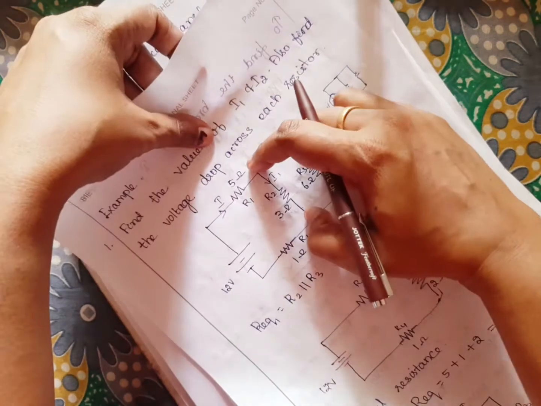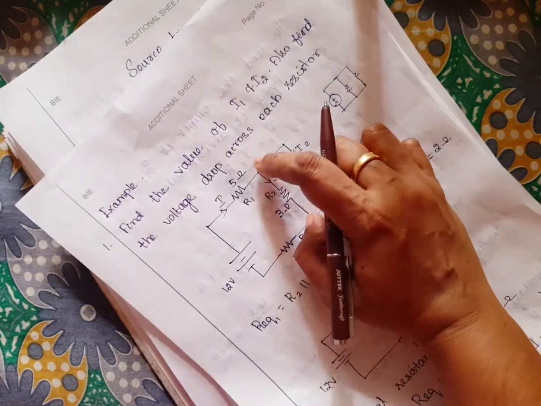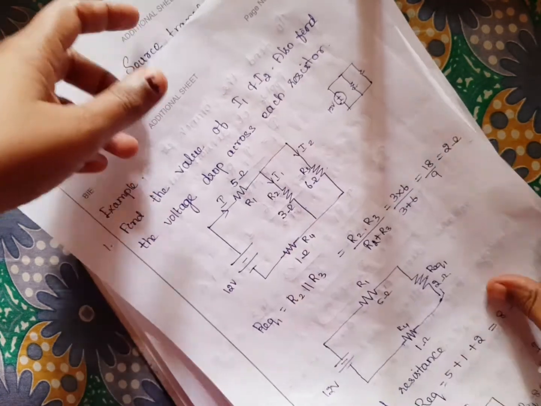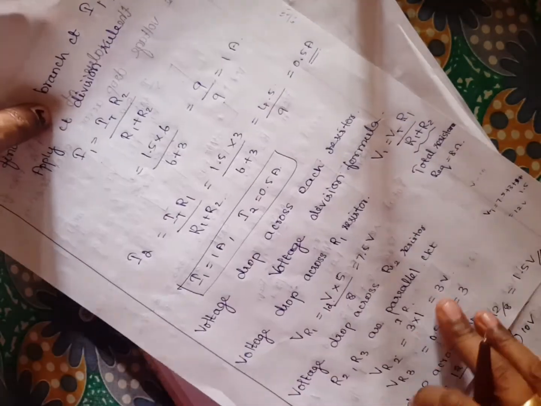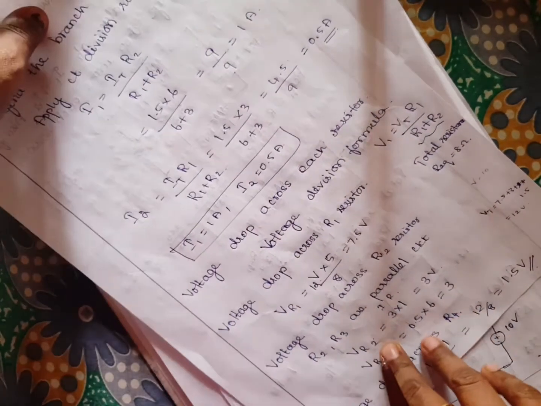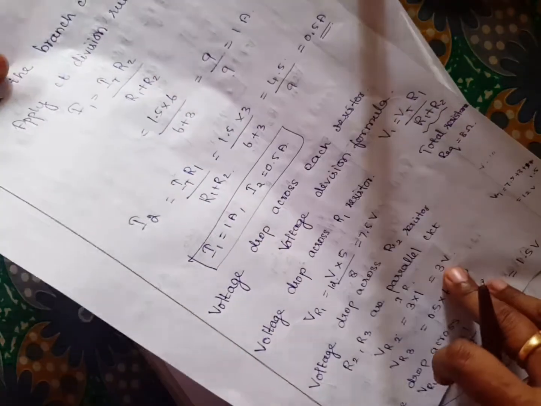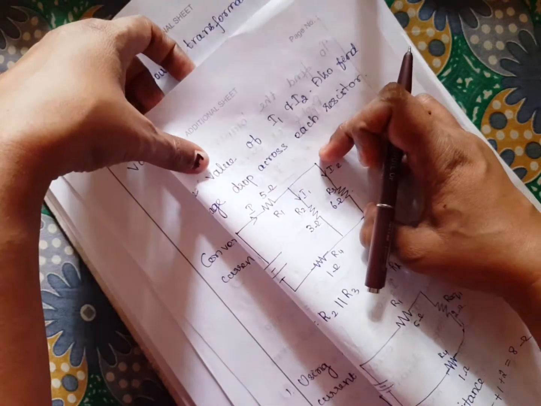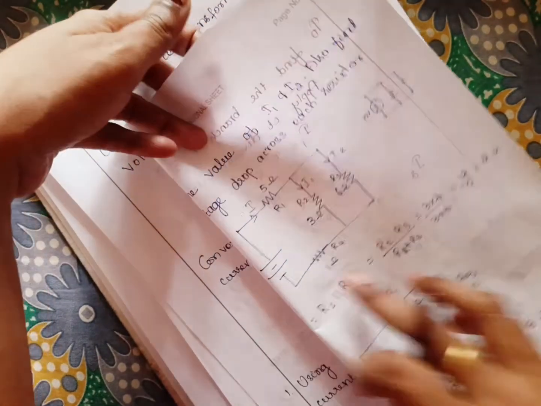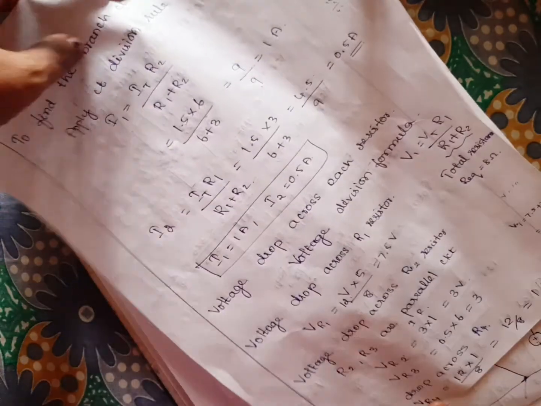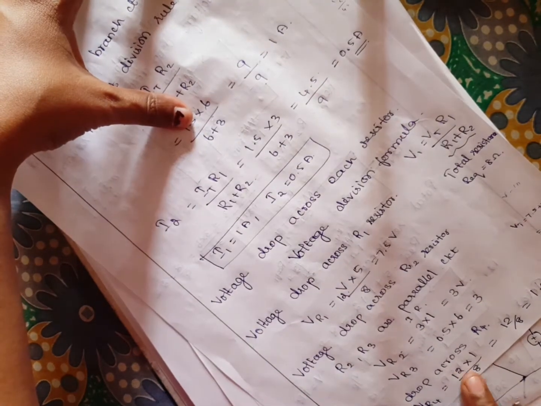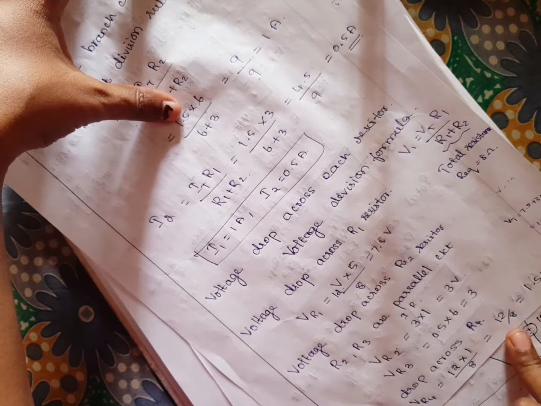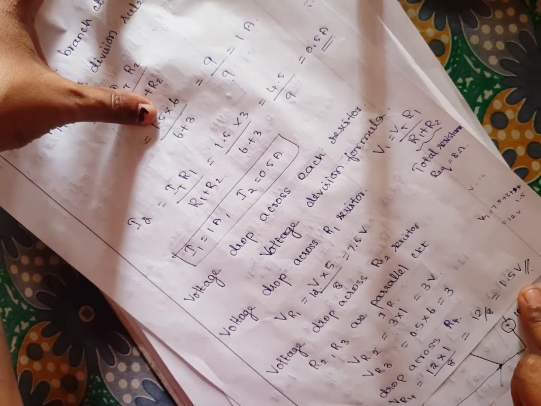Okay, so we have found the value, that is 3 volt. The voltage drop along the resistor R2 is 3 volt. Then the same voltage drop will be along this resistor, that is also 3 volt. And now next you want to find the voltage drop across the 1 ohm resistor. So total voltage 12 into corresponding resistance 1 divided by total resistance 8. So 12 by 8 is 1.5 volt.